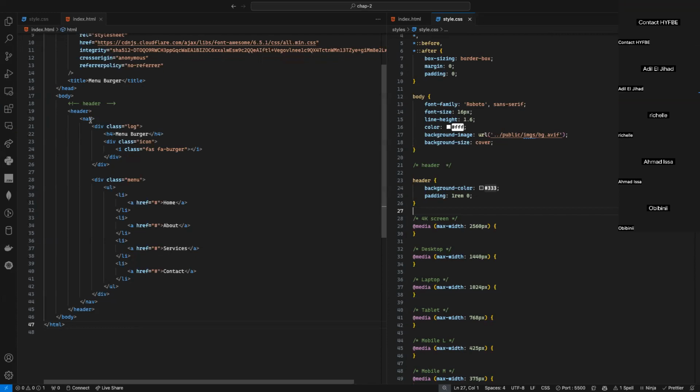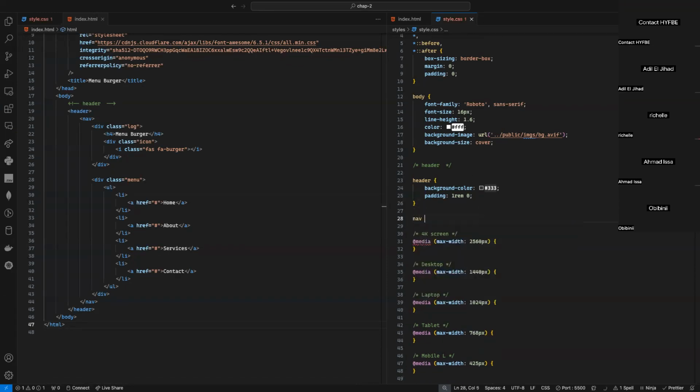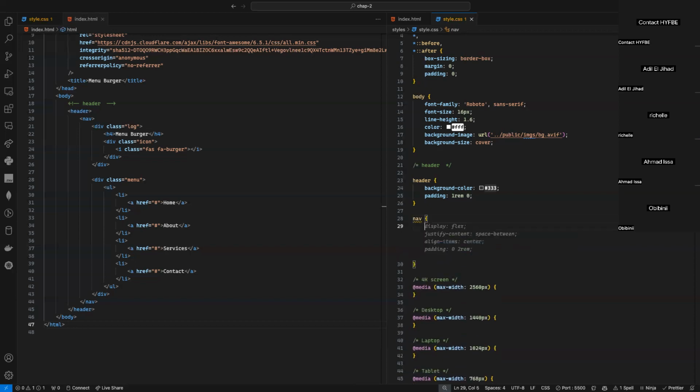Now, what do I want to do for my logo, which is the important part here, this logo? Before the logo, I need to go to the navigation bar. In my navigation bar here, I need to display flex. Why do I need display flex? Because I want to move the logo here to the left, and I want to move this menu to the right. So the easiest way to do that will be to select my nav. So I can just say nav like that. And I can just say display: flex,